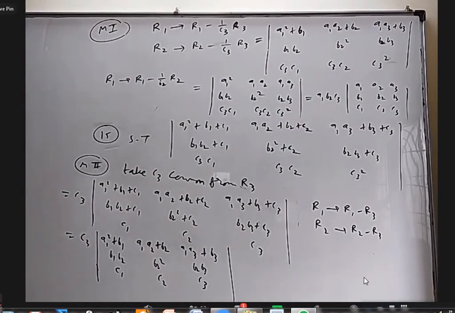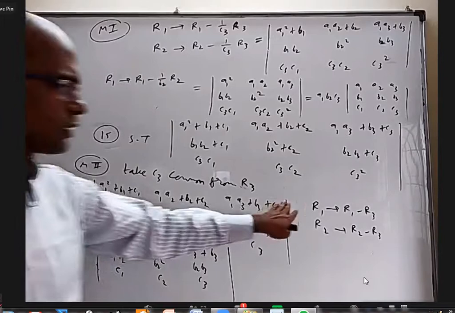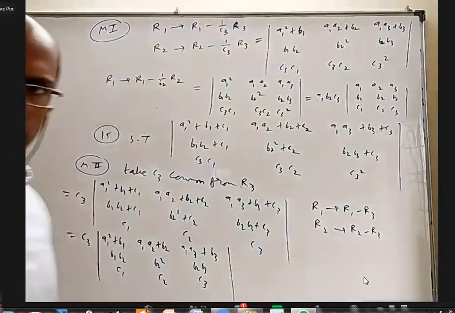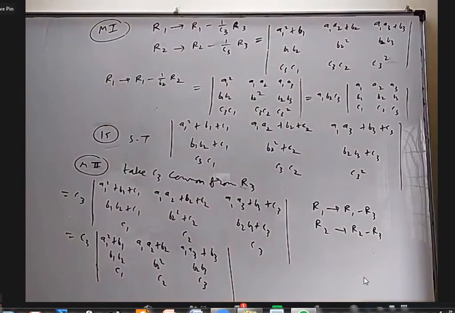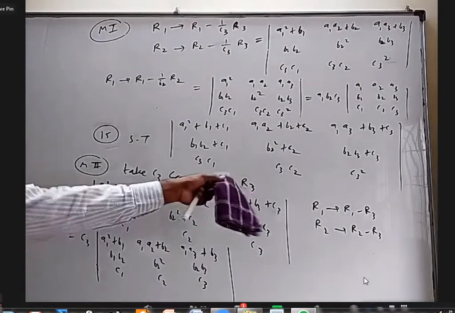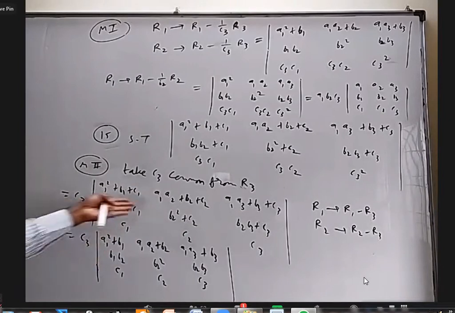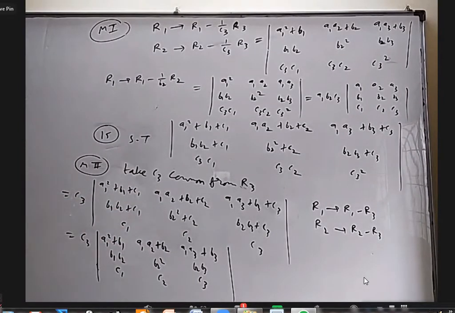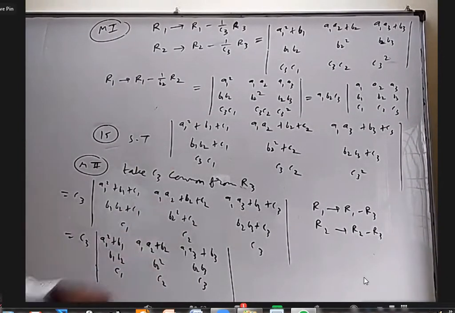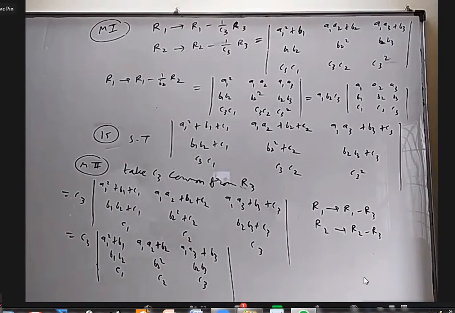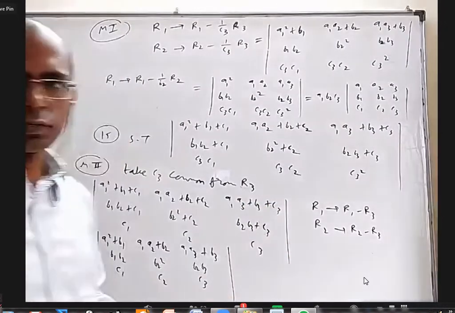Sir, now in every step we are writing which row or which column we are changing and how we are changing. Yes, we should mention every time which operation we are doing. Because if I don't write that, how will somebody know what I have done to get from here to here? Right now it is obvious, but later on when you see it, it will not be clear. So even in the exam, you should write these operations, what you are doing.